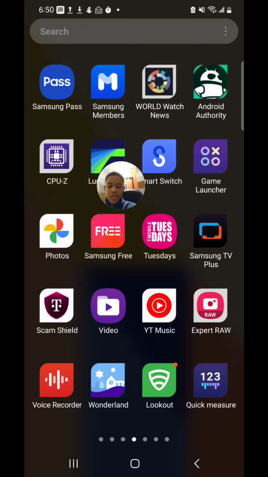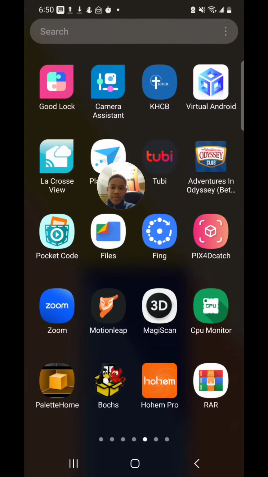Scam Shield, video editor, YouTube Music, Expert RAW, Voice Recorder, Wonderland, another Samsung Good Lock module, Lookout, which is an antivirus that came on Sprint devices, ported over because of the T-Mobile and Sprint merger, Quick Measure, which is a measuring app by Samsung, Good Lock, which is an application by Samsung that allows you to customize your devices, Camera Assistant, which is another Good Lock module, which allows you to have a better camera experience on Samsung devices,